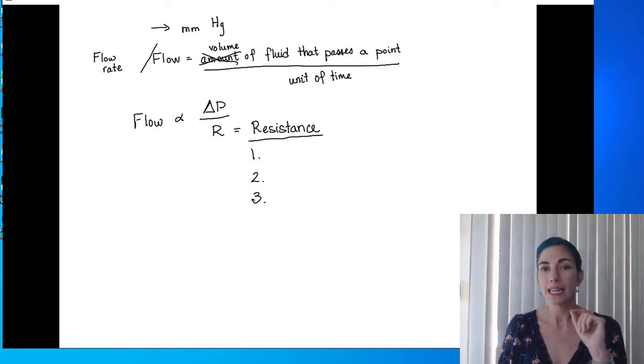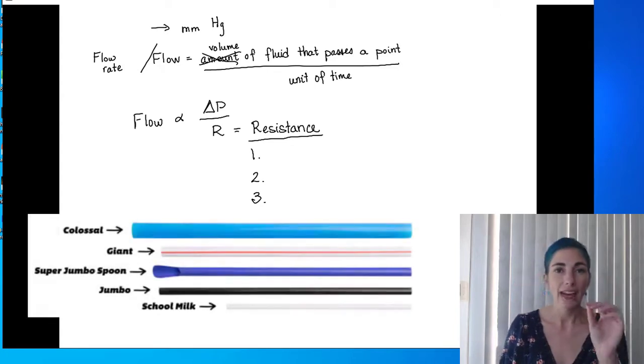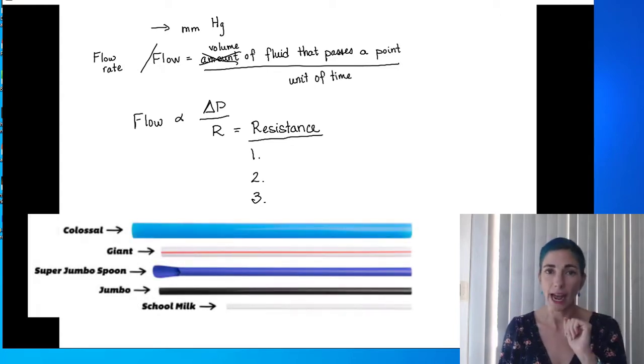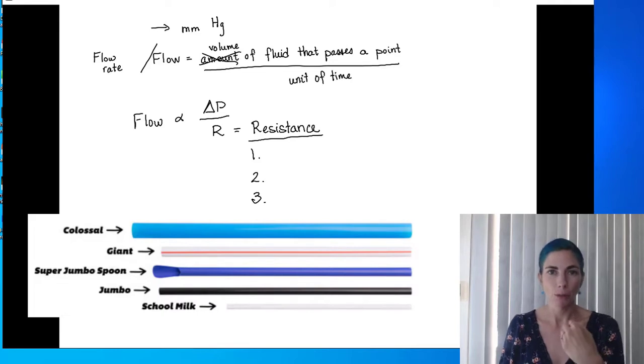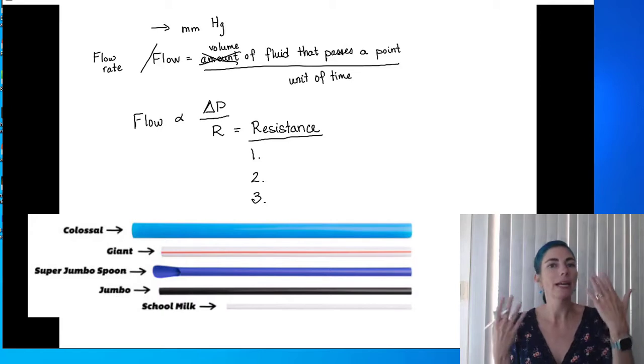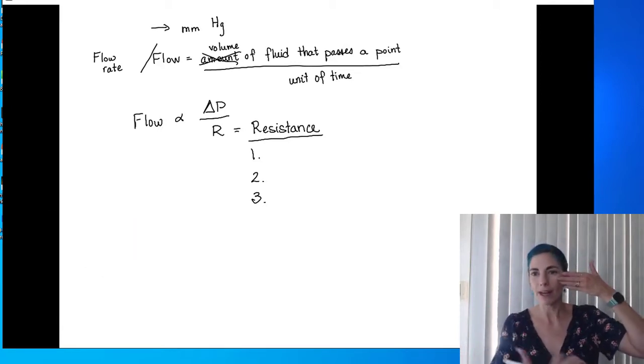So if I were to give you a coffee straw, which are like those tiny, super thin straws, and then ask you to go suck a milkshake out of that, you'd be like, yeah, I can't. Why? Because there's too much resistance in that tiny, narrow tube. But if I give you a Slurpee straw, you might actually do it, right? So therefore, you can see that Slurpee straws are going to be bigger. It's easier to suck through because there's less resistance, so there's more flow of fluid from the cup to your